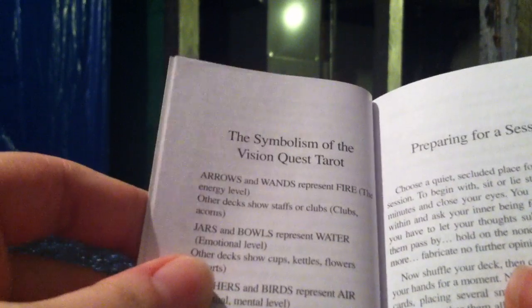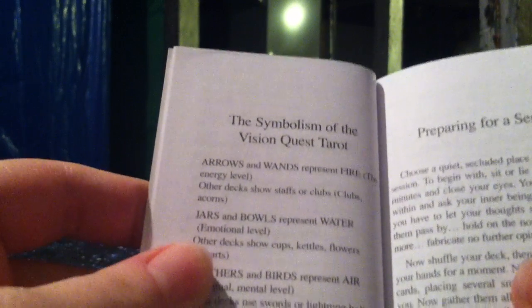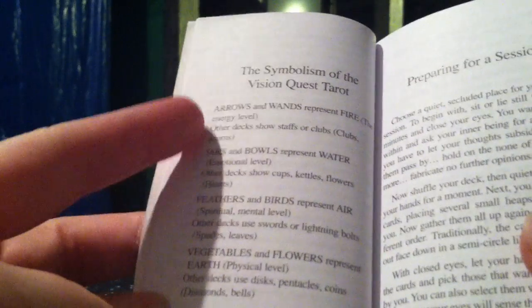And in this deck they actually do it a little differently. In place of the suits, they have air for swords, earth for pentacles, water for cups, and fire for wands. And every one of those suits has their own specific symbols, so you don't really need the names on the cards to figure out what they are, which is kind of nice that they included this in this book. And then they've got preparing for a session, which is telling you how to use the